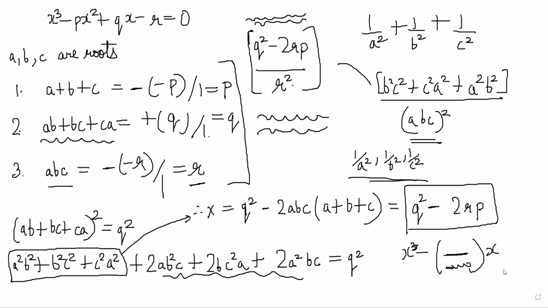Now let's look at some other ones. Question 13 looks slightly weird. Let me see that question. Roots of this equation are real, imaginary, rational, irrational. A, B, C are real numbers. Question 13. A, B, C are real. Roots of x minus a, x minus b, plus x minus b, x minus c, plus x minus c, x minus a.